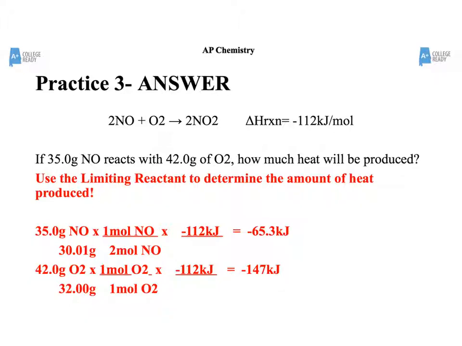And there's our calculations. So ultimately, what are we going to find? We're going to find the limiting reactant, and then it's going to be the one that produces the least amount of heat. There's lots of ways you can go about doing this. You could find the limiting reactant first and then do the enthalpy calculation. It doesn't matter as long as you